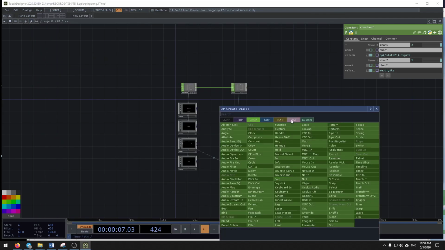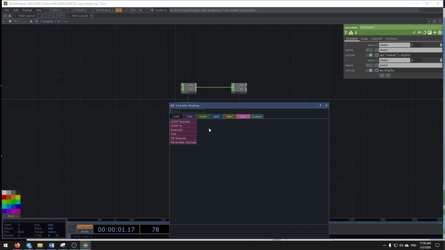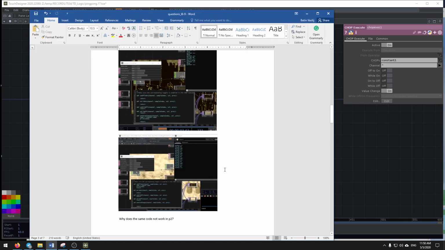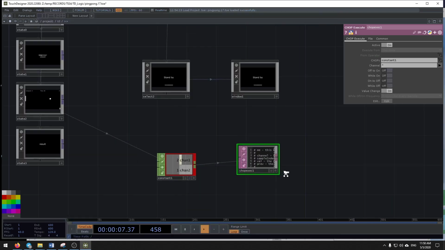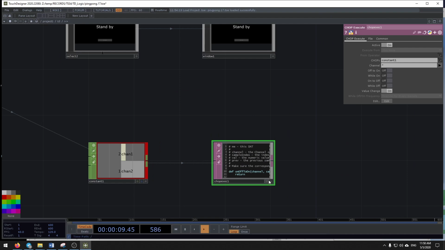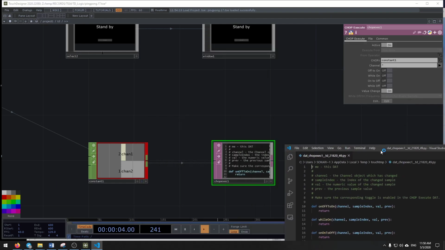I think the problem here is when you create a CHOP Execute, in the first one we use on value change, which is by default on. So anything I do in value change,